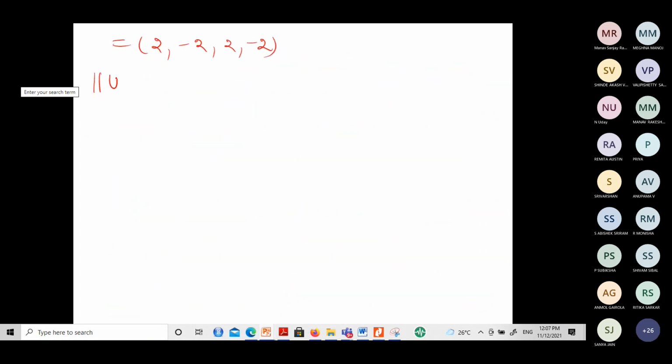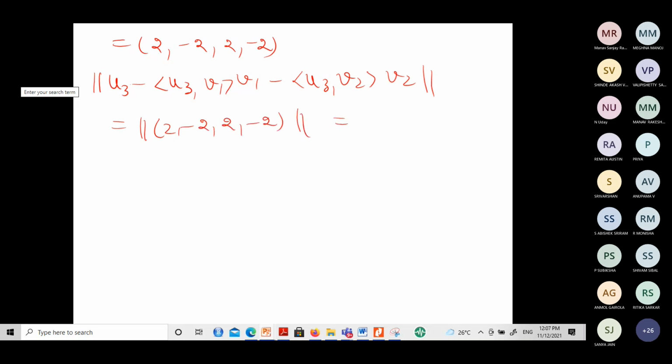So now the modulus of the third term: it should be U3 minus U3 comma V1 into V1 minus U3 comma V2 into V2. This is the modulus. This value is root of 16, which is 4. So V3 value is